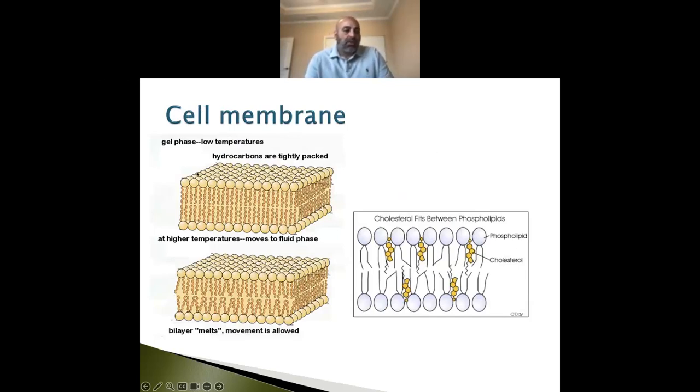Okay. Cell membrane. We have cholesterol in our cell membrane, signified here, and that helps with fluidity. So when it's super cold, it doesn't fracture. When it's super hot, it doesn't lose its integrity and fall apart. So cholesterol is a necessity for our diet. Fat is a necessity for our diet. Yes, we can make it, but we do need fat.